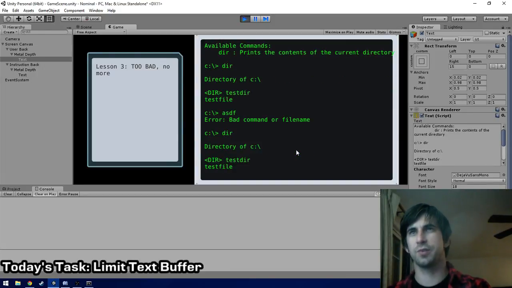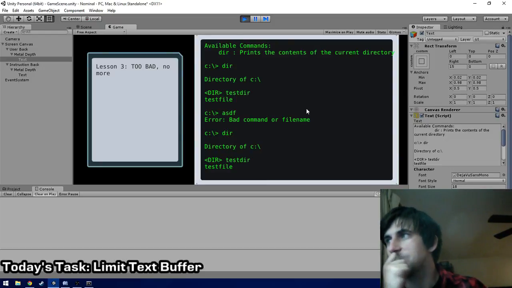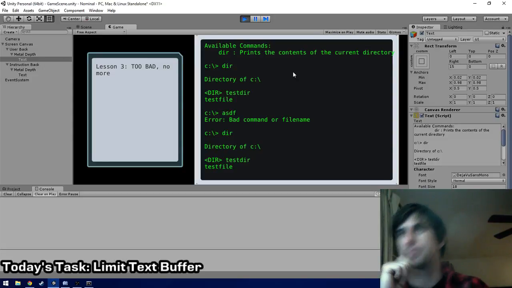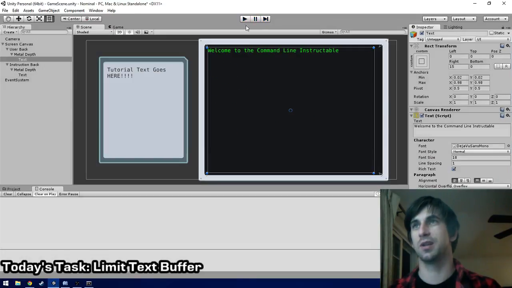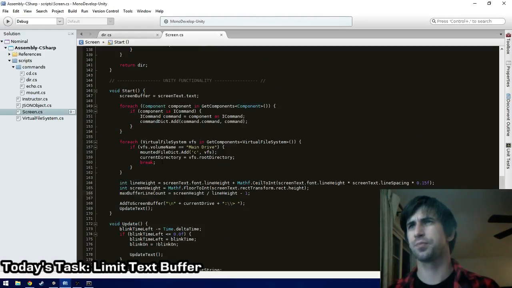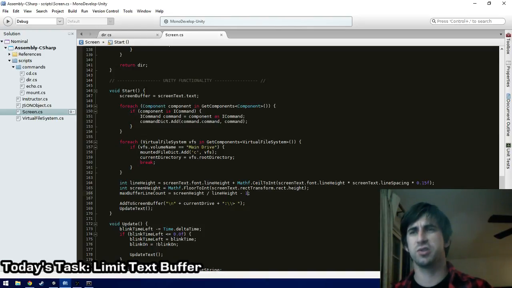Look at that. The dir command just kind of throws everything off the end. That's impressive. Because not only have I managed to break my own stuff, but I've managed to do so impressively, at least for me. This is a little more difficult of a task than I thought it would be, because this isn't just off by 1 issues, it's